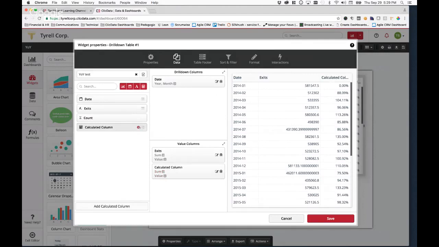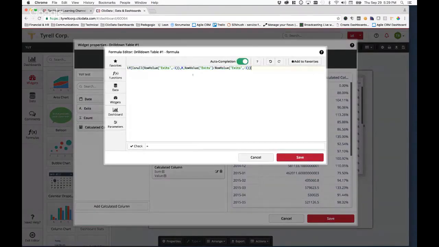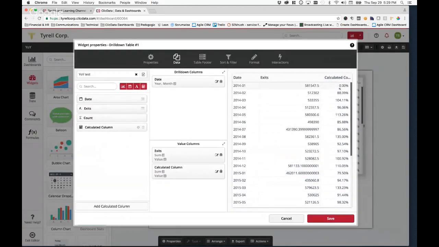So the calculated column, again, just to go over it, looks a little bit more confusing because it has the is null function. And I'm going to explain this a little bit in detail. What actually happens is, again, if you remember, this is a contextual column. That means that at some point in time, it's on the very first row. In the very first row, because the customer wanted to do the current row divided by the previous row, there is no previous row, and we didn't want to have an error in the calculation. We wanted instead just to show a 0.